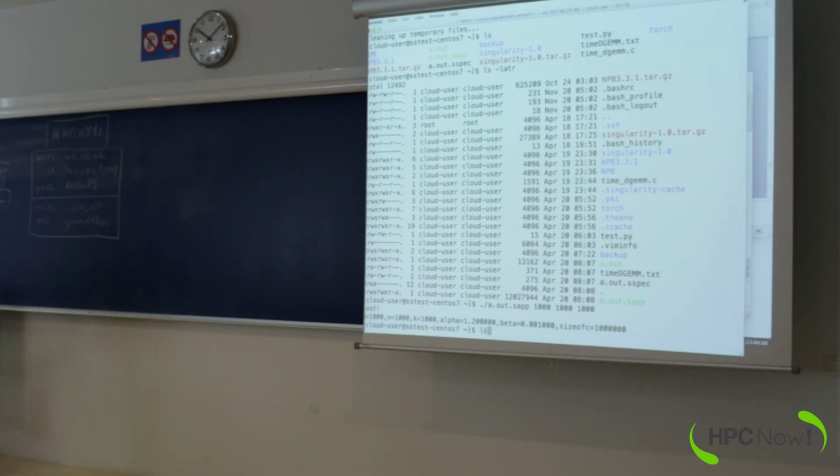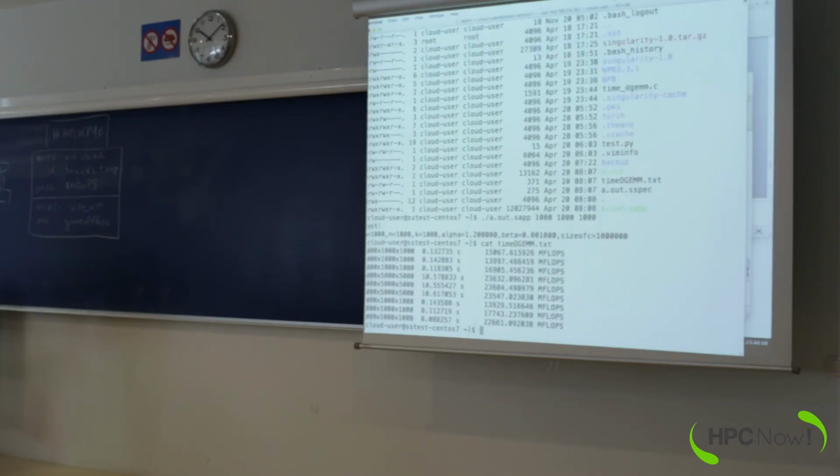So, and if I look at the timedgem, okay, it's actually a bit faster. So it's 22 gigaflops, but these are such small things, so it might have something to do with cache or something. So basically, the performance overhead is negligible. It can